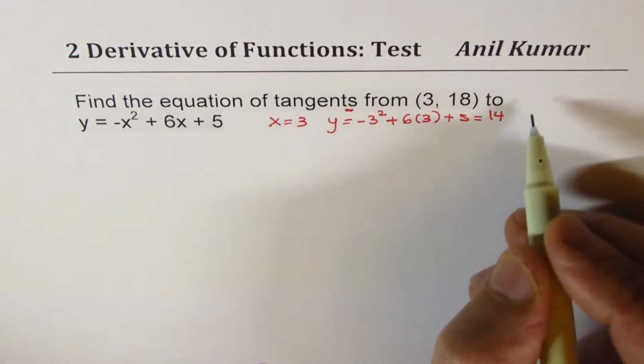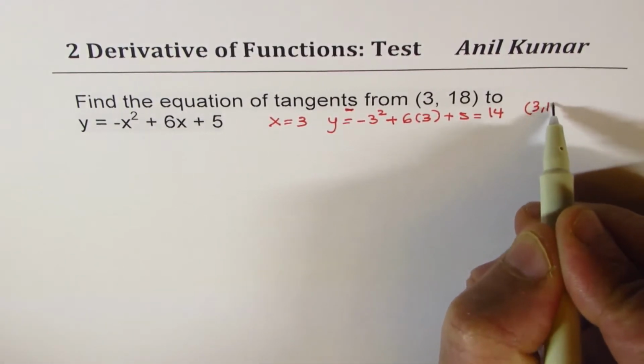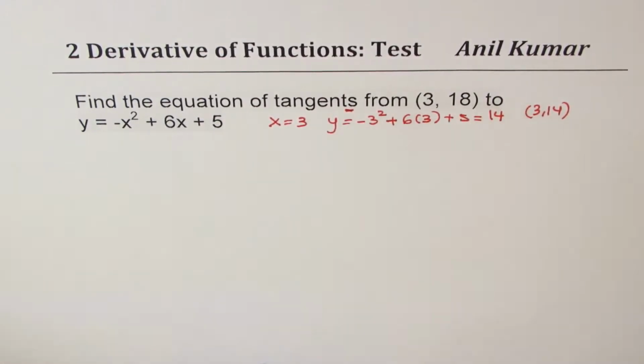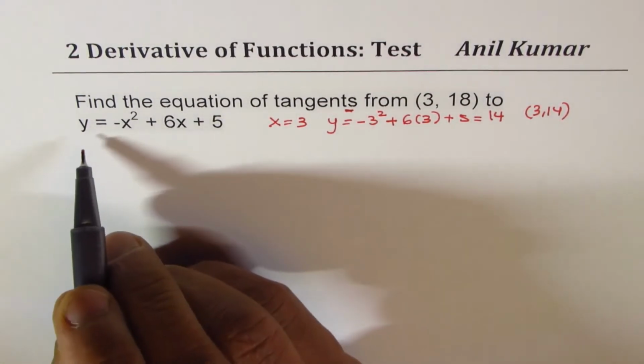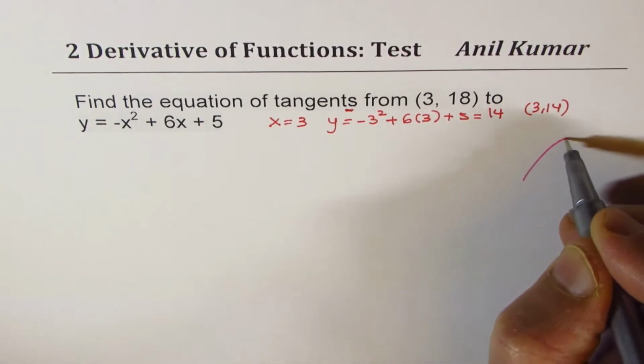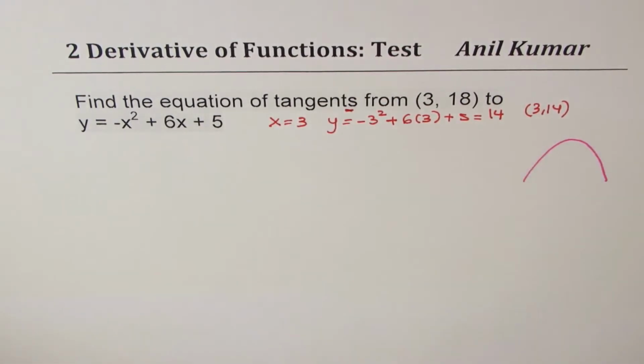So the point on the curve is actually 3, 14, not 3, 18. So 3, 18 is an external point. What I'm trying to say here is that this parabola, which opens downwards, can be treated like this. And we have a point which is outside the curve of the parabola, from where we can actually draw two